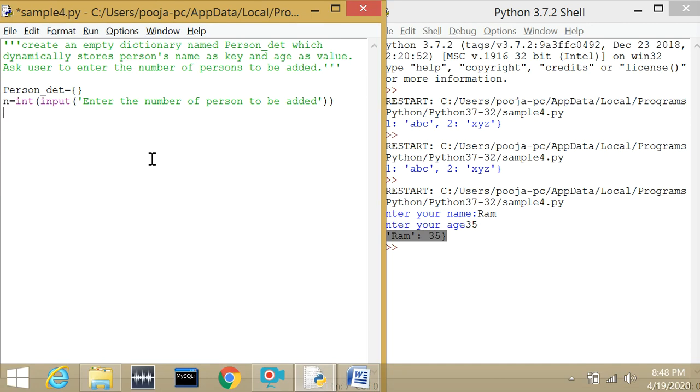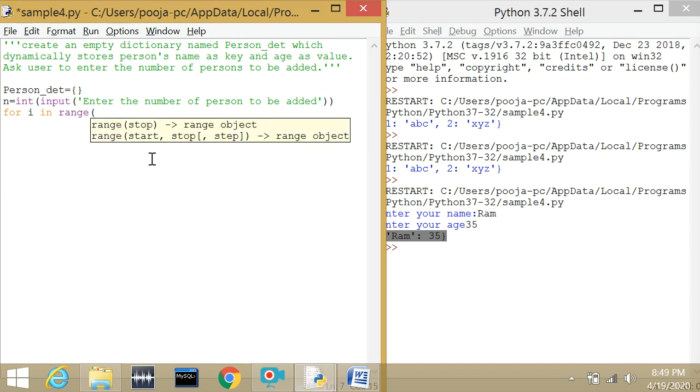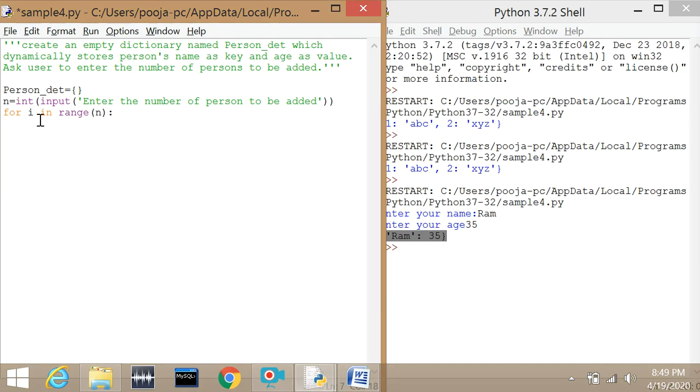We have two loop statements, for loop and while loop. Here I am using a for loop. For, then you will use any loop variable. Here I am taking i. For i in range. How many times do you want to run this loop? That is stored in n. We don't know, right? So it is stored in n. So we will simply write the n variable here in the brackets and a colon.